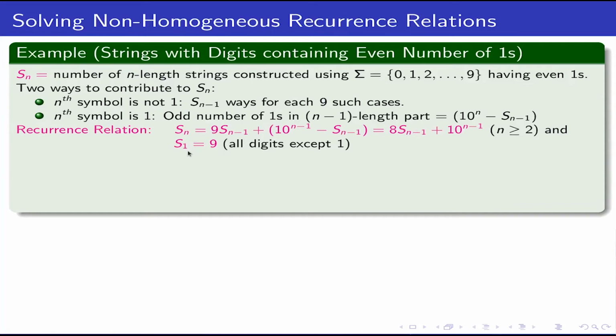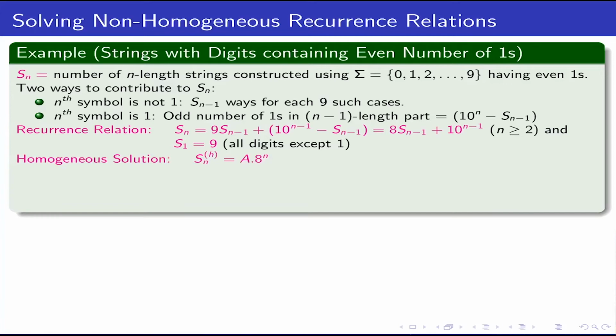The base condition says that S1 equal to 9, because in a 1 length string I could not have 1 there, because it will make it odd. So we have the other 9 possibilities. So now you get a recurrence which is non-homogeneous. Go by